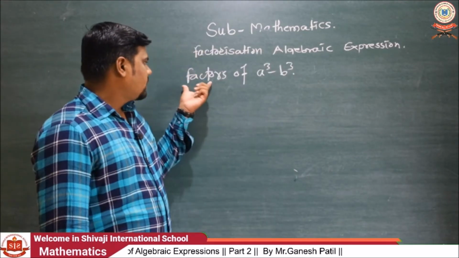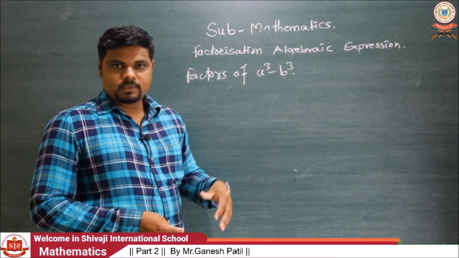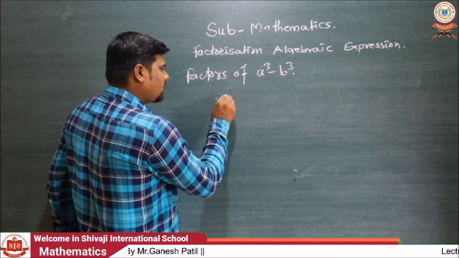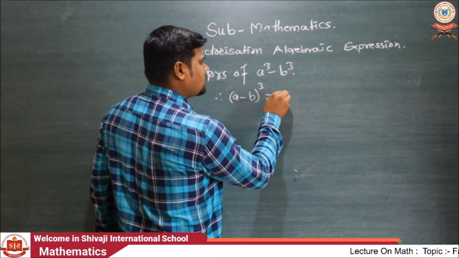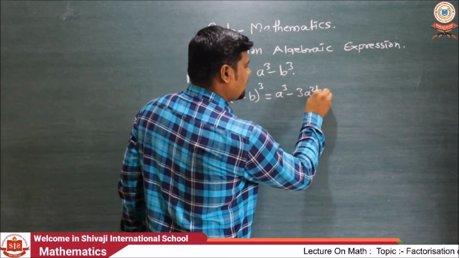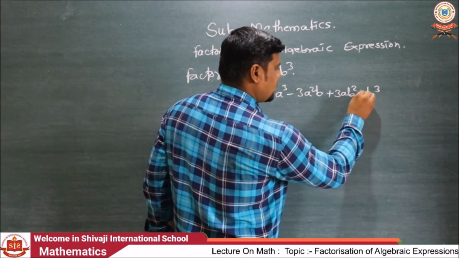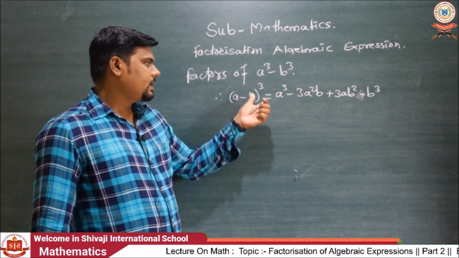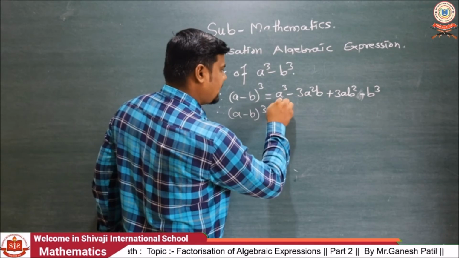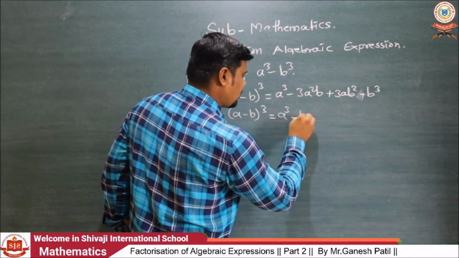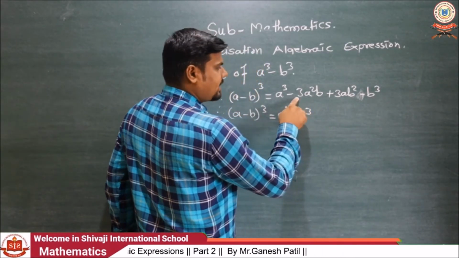Okay. Now we are going to see the factors of a³ − b³, which is the next type. We know very well the formula of (a − b)³ is equal to a³ − 3a²b + 3ab² − b³. This is the formula of (a − b) cubed. Then we just solve. Write down a³ minus b³, and in these two terms one term is common, minus 3ab,